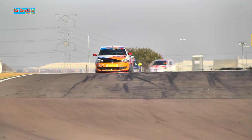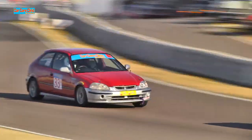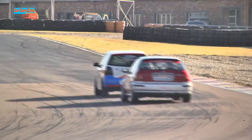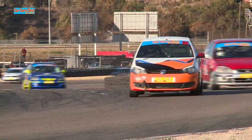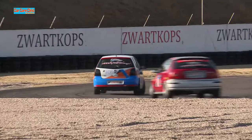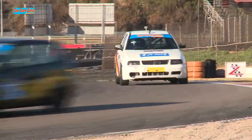So it's Henning who leads things out now. Basically 0 to hero here at this stage with du Toit all over the back of him, looking for a way to maybe spoil his day. It'll be awesome to see Francois Henning taking a victory. That'll be the first time a Volkswagen's taken a victory in Class A in a long time. We were hoping it was going to be Danhauser in the Opel, but this time out, Henning now leads out over du Toit. In the background, I think that might be Donovan LaRue leading out